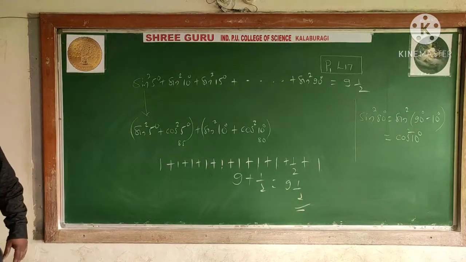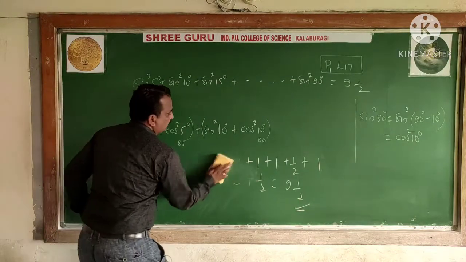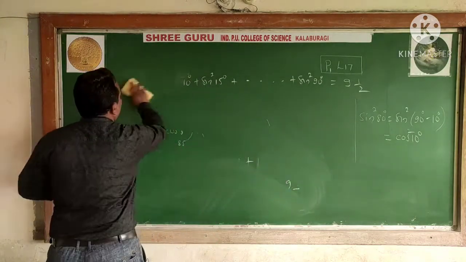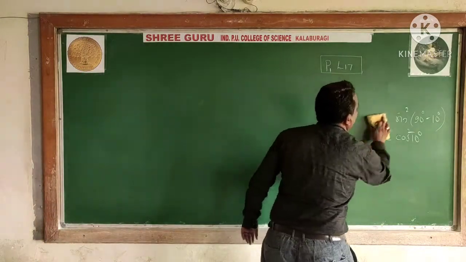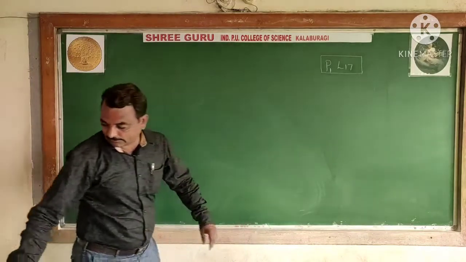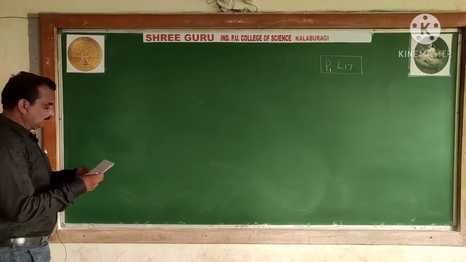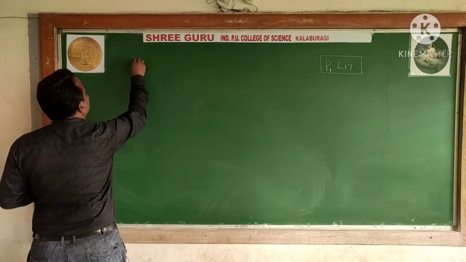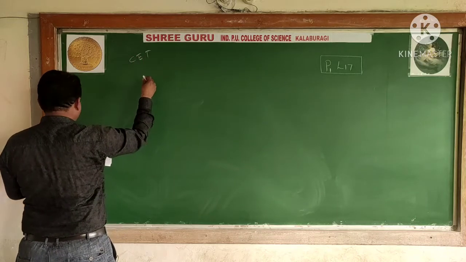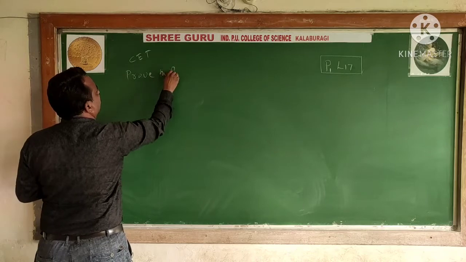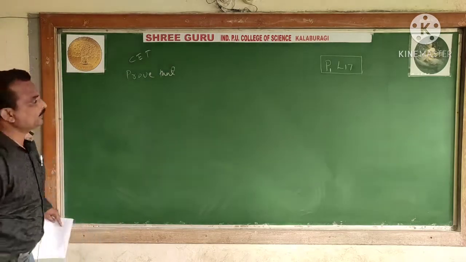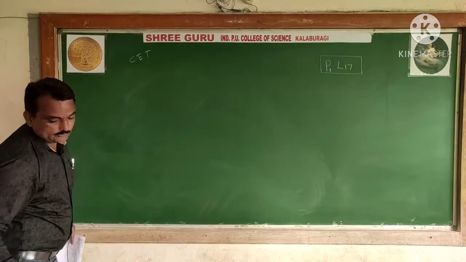Similar type here, one more example, same type. I will do it, students. Now let us see today the same type of question here. Tell me the answer directly using this result. This is also a CET question, students. We have discussed it already. Prove that. Here I will not give the answer. Prove that, or I will take it in the form of find the value of.